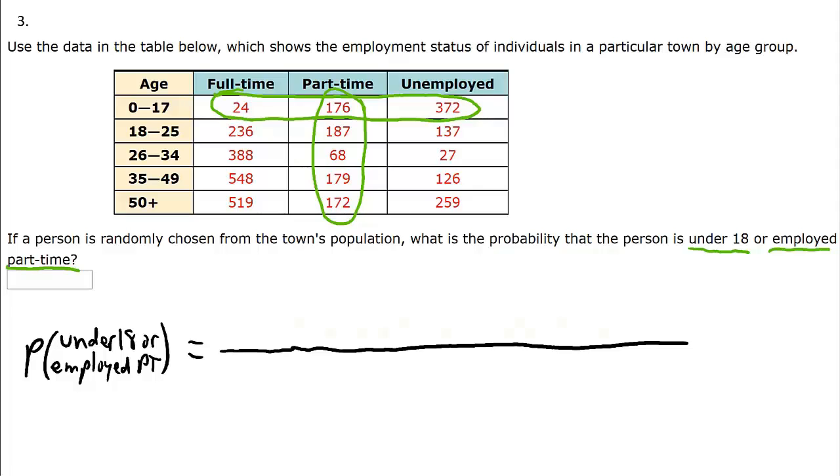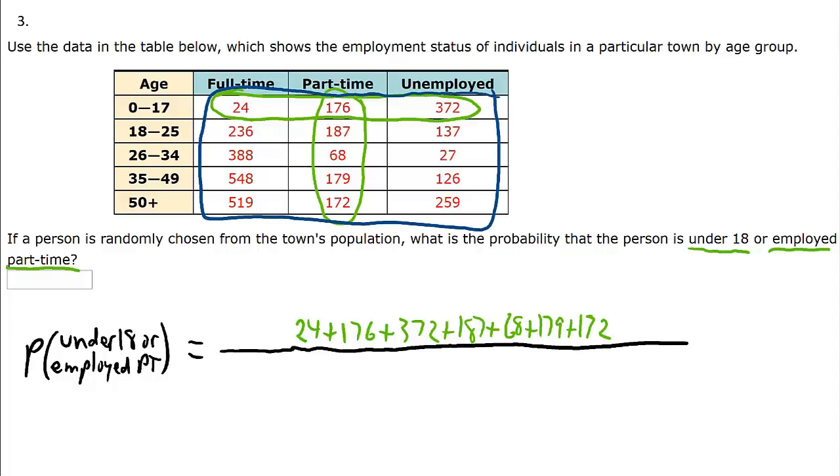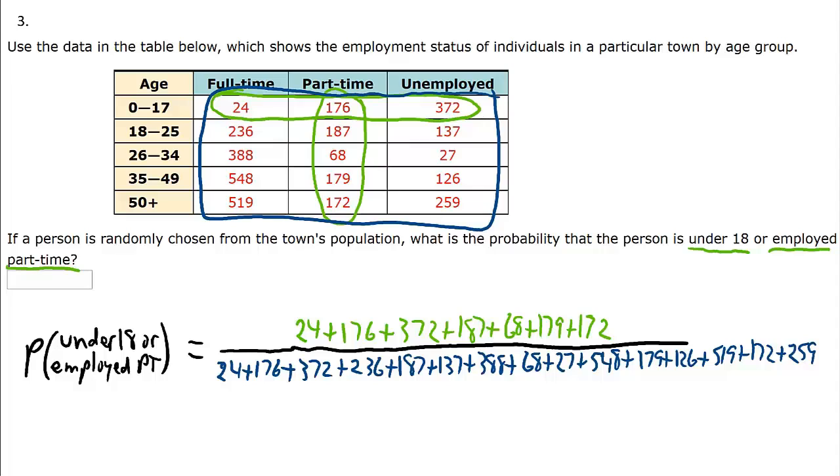the number of ways that can happen, which again is the sum of all those numbers circled, divided by the number of possible ways that a person could be chosen under any circumstances, and that's just the sum of every number in that table, which, because they don't tell us, we have to actually add up. Sometimes they'll tell us that so that we don't have to add, but here we do, and you end up with 1,178 divided by